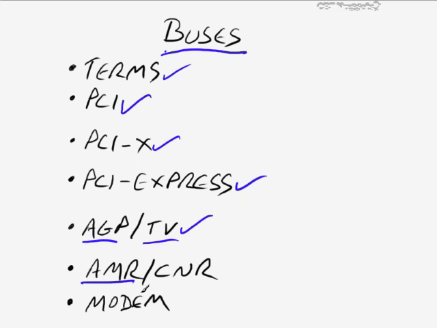We talked about audio modem risers and communications network risers, which it's still possible to see in some new systems, but those, again, are only normally found in really small form factors, so you can get more expansion out of those devices. And then there's the almost defunct modem, which you still see in use in a lot of organizations that have not yet upgraded to other technologies, but that's largely fallen by the wayside in favor of things like cellular technology and/or